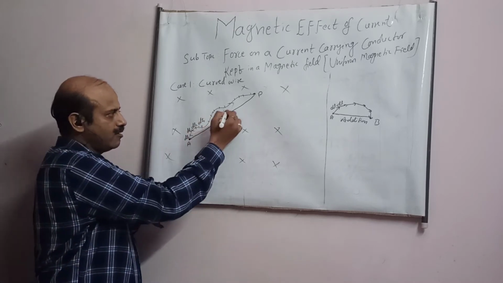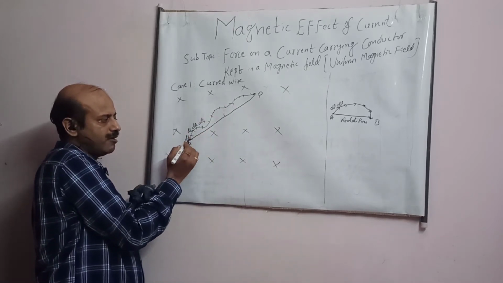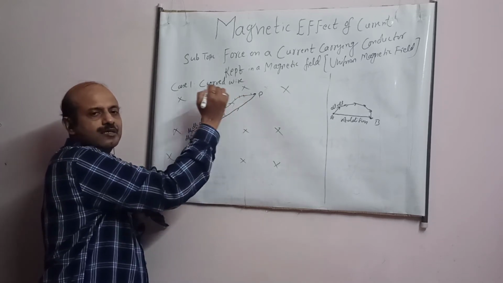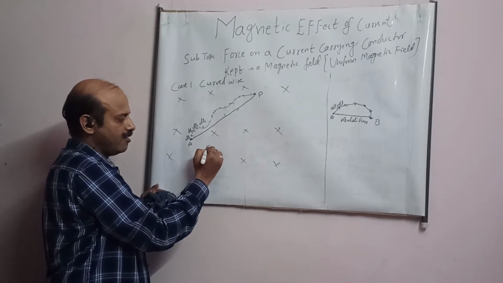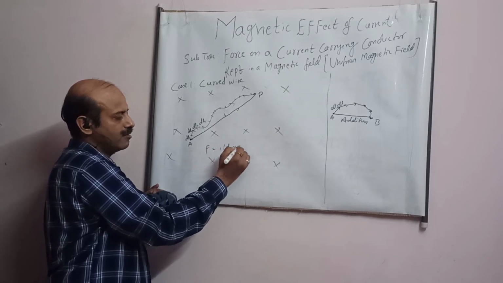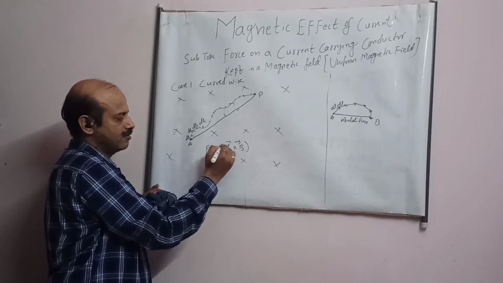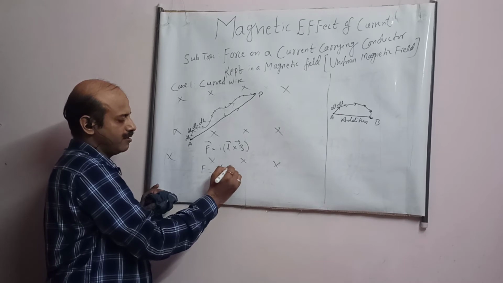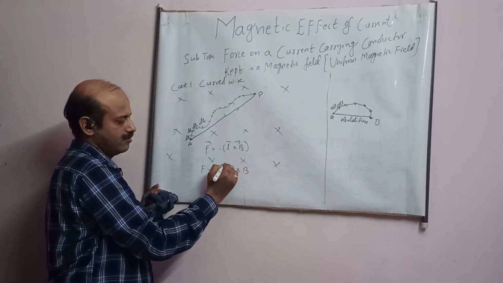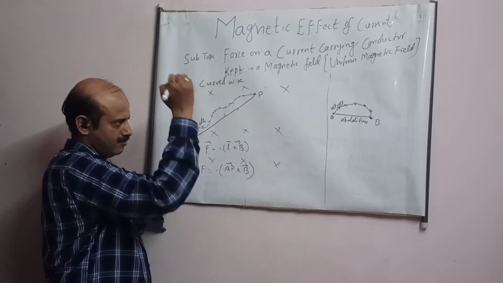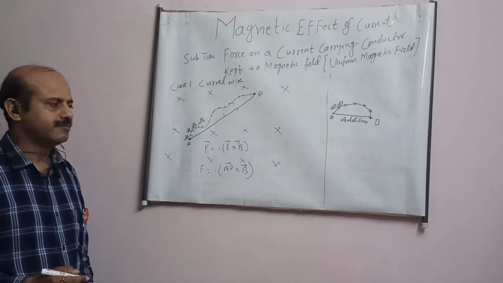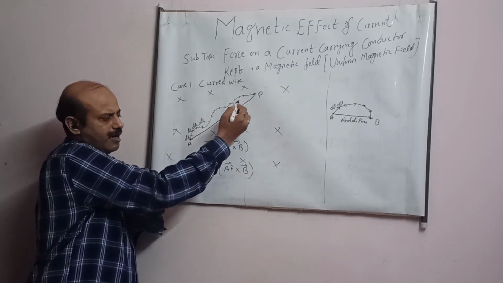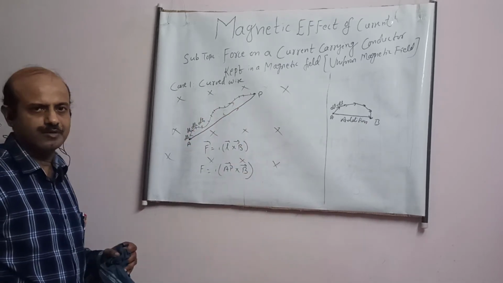So how much is the force acting on this wire, student? It is same as if you imagine a wire to be of this length. The same force will act on this curved wire. So how much will be given by, student? F is equal to the basic formula. Here L will be AB. You measure this length, or you imagine instead of this curved wire, this wire is there, and we find out the value of the force, student.